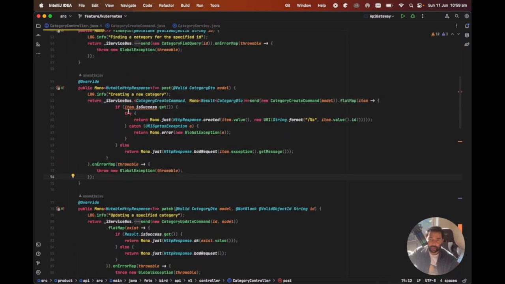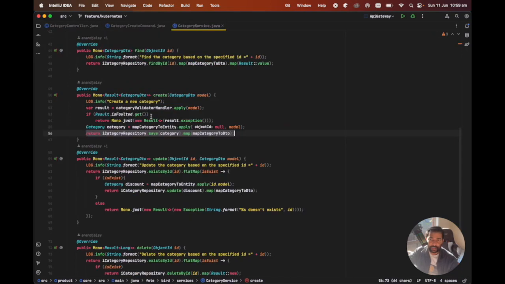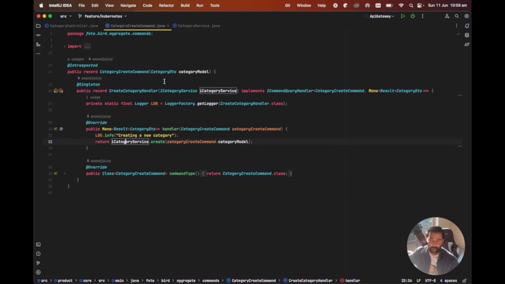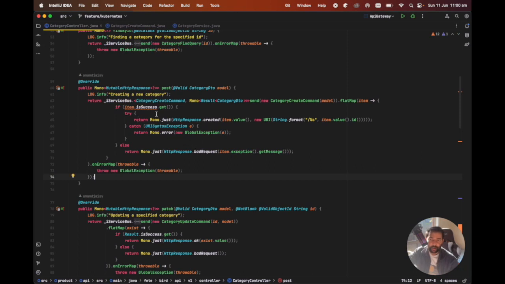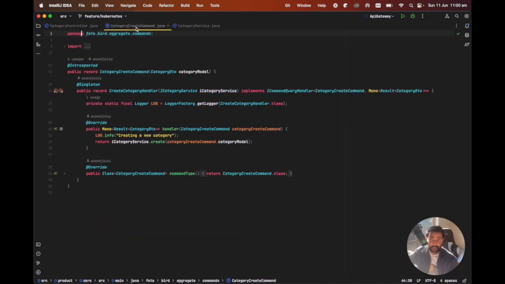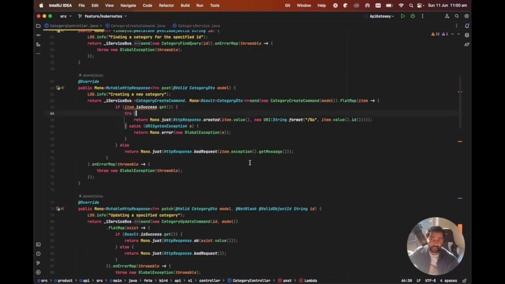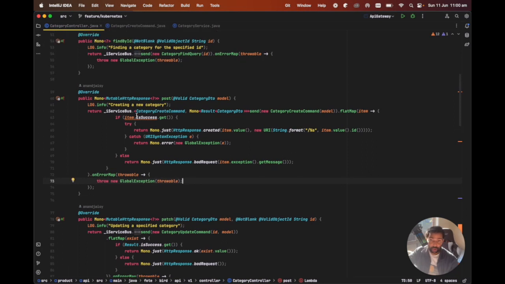Now over here, once we pass this from the service to the command, the command will return whatever the service is returning to us, because its return type is a Result of one of the DTO, and this is expecting some value. Now over here we are handling those exceptions, because we are not handling any exception in the command or in the service level. We are handling it in the controller level, because we don't want to break the execution of the program. So that's why. So over here we are saying if item is success,